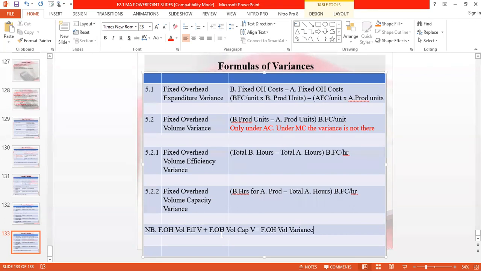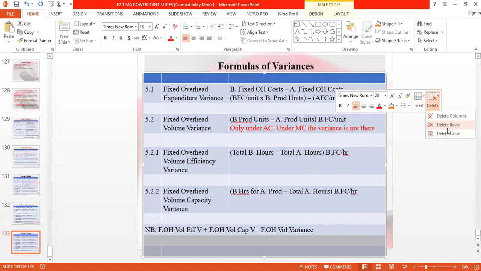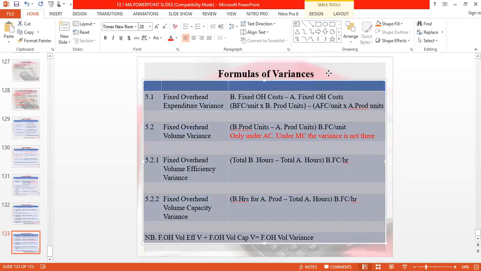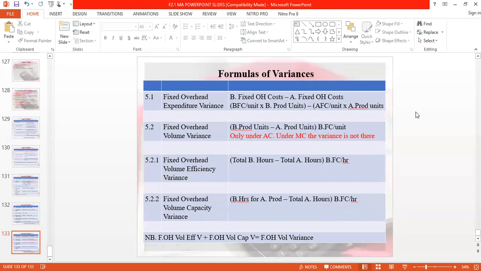Take note of that. Those are the only few formulas I wanted us to learn. So when we meet next time,